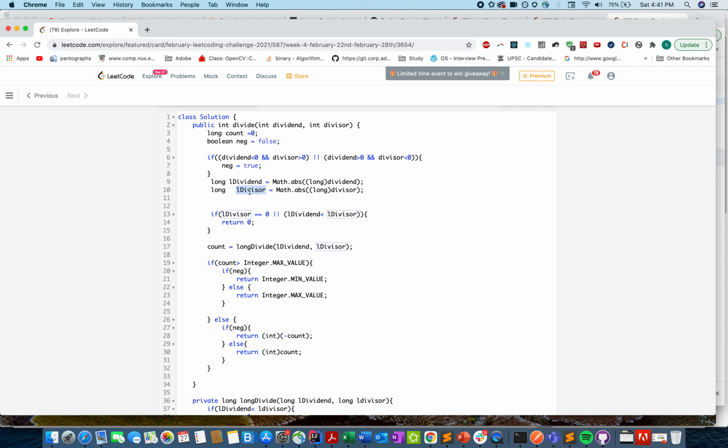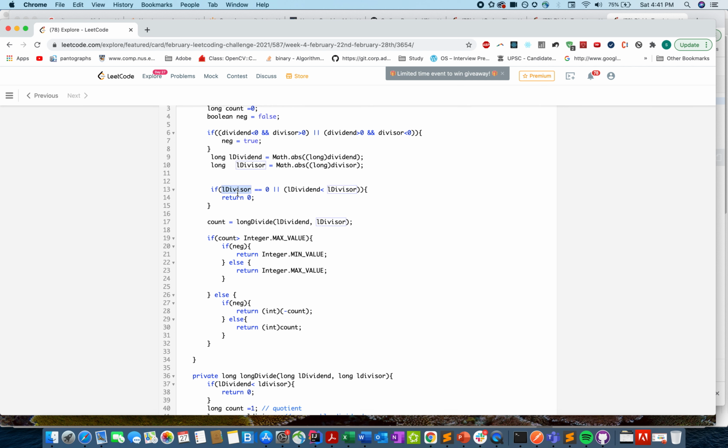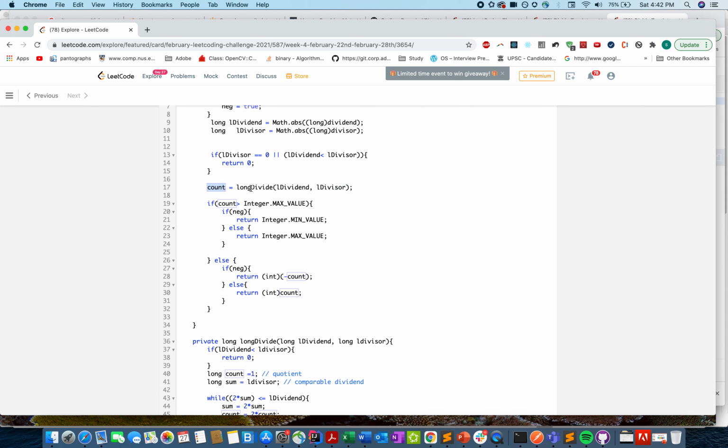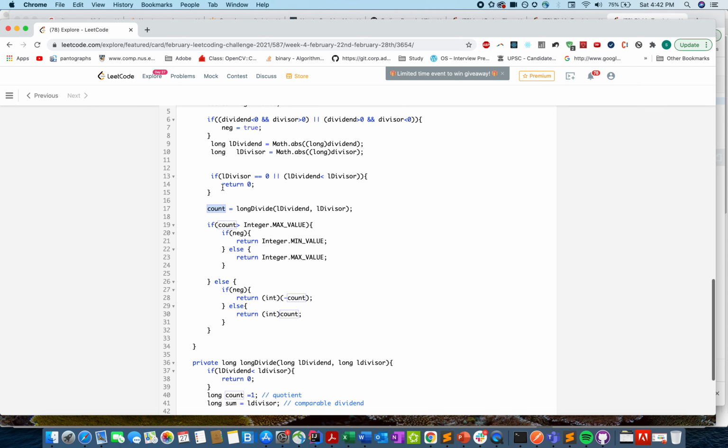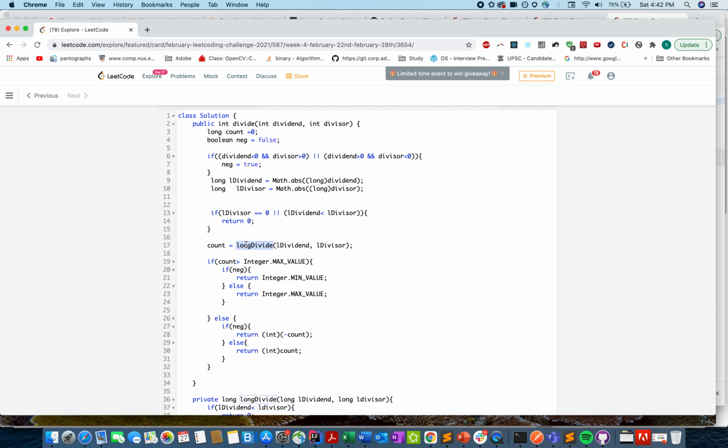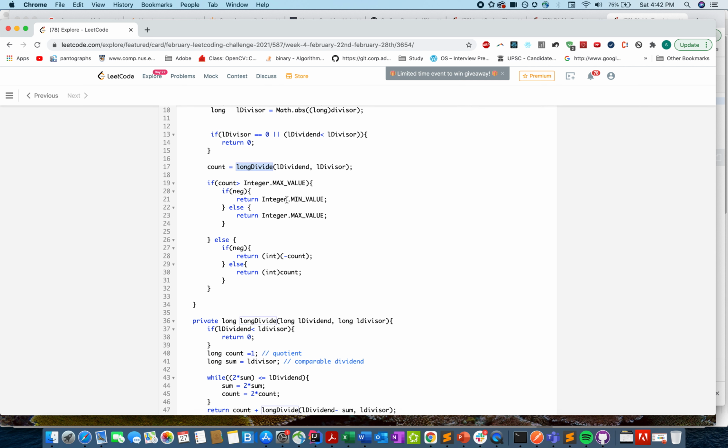so that I don't need to think of any negative or positive cases. If my divisor happens to be 0 or my divisor is less than my dividend, I return 0 from the process. Otherwise, I will calculate the quotient, stored in a variable count, by invoking the method and returning whatever quotient has been calculated. If my quotient comes out to be equal to the possible integer value, which could be the case, I have to return the maximum integer value if my negative is false, and the minimum one if my negative is true.